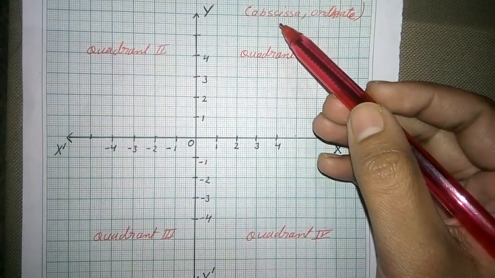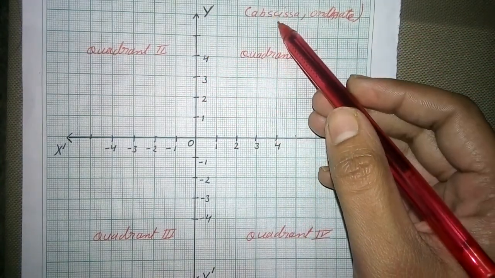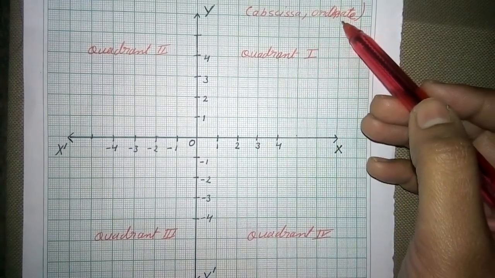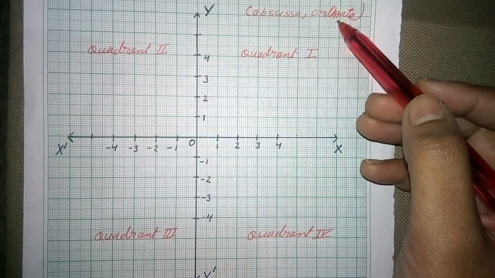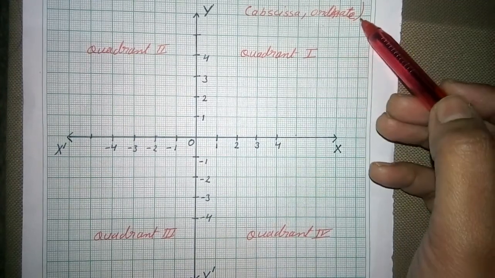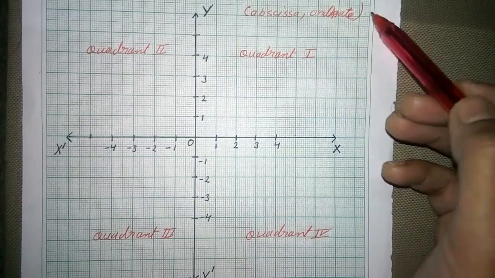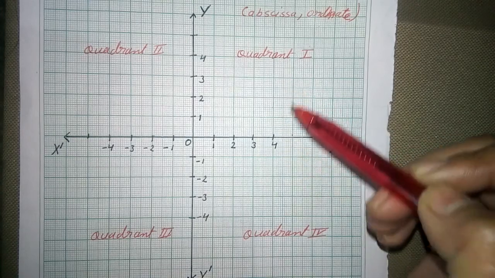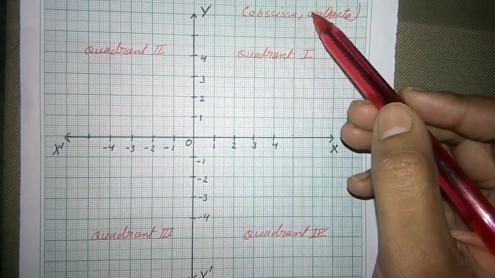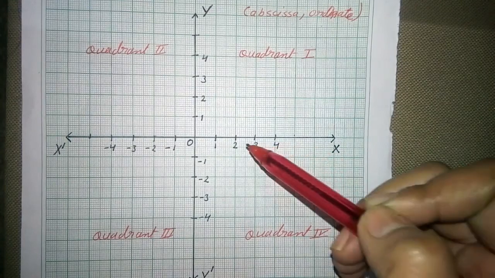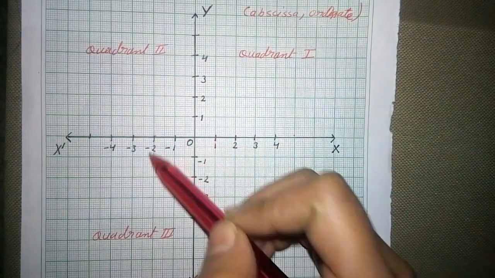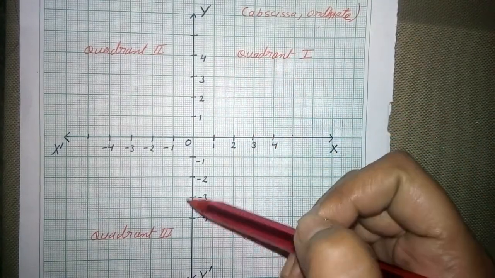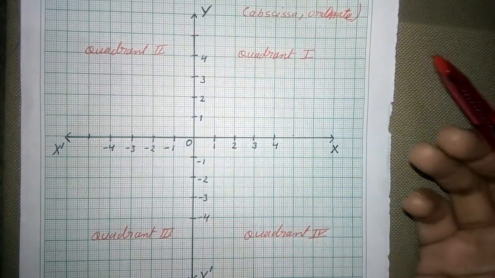Okay, the value of x on this Cartesian plane is the abscissa, or x coordinate, and the value of y is the ordinate, or y coordinate. In all cases, when we write the points, first we write the abscissa and second the ordinate. Means first always the value of x, either positive or negative, then the ordinate, either the positive or negative value of y and y dash.